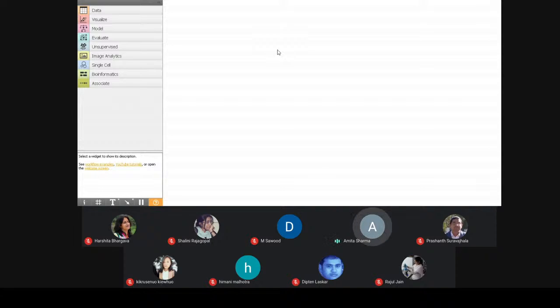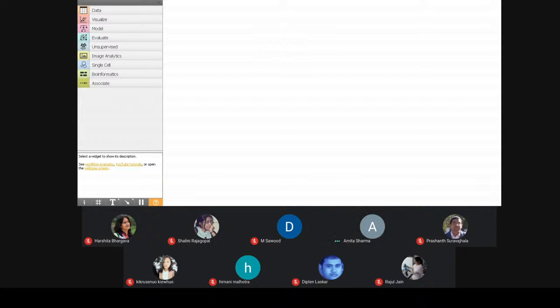Okay. So how can you start using the Orange tool? Definitely you have to download it. Whether you are working in Windows or Linux, you can download the Orange tool. You just simply type Orange on Google and it will take you to the Orange tool website, and there you can download this tool. It has a very simple installation step. You can easily install it. After installation, when you open it, you will get this kind of interface, which is presently visible to you.